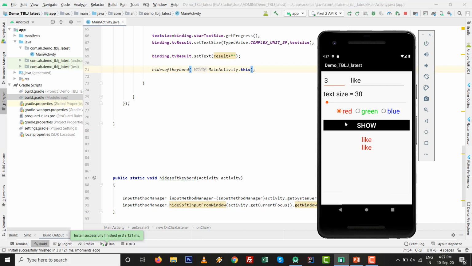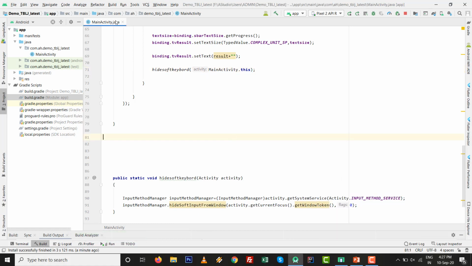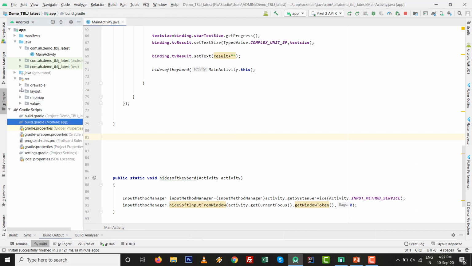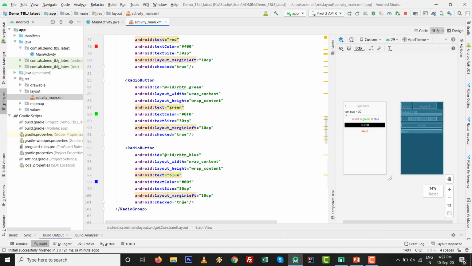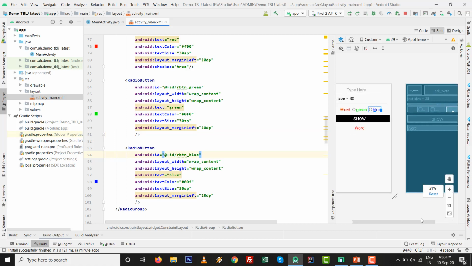Okay, so like is here, and if it is green and we check with this one, and blue and click on this one, and if it is increased likewise 60 and blue, then 60 and blue. I think it is okay. Just one change is needed for designing purposes. For the default value inside this radio group, this one is true, which will be overridden. So by default red should be clicked. Okay, I just remove it from the green also. Okay, by default see this one red is checked.